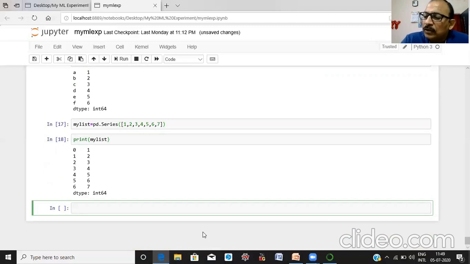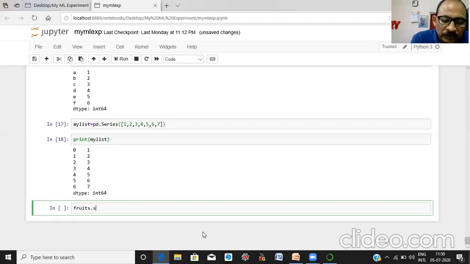Suppose we want to add a list or a new column to the data frame. Suppose we want to add a new column or a series in our data frame. Is it clear? What is our data frame? Rules. Let us see its column.